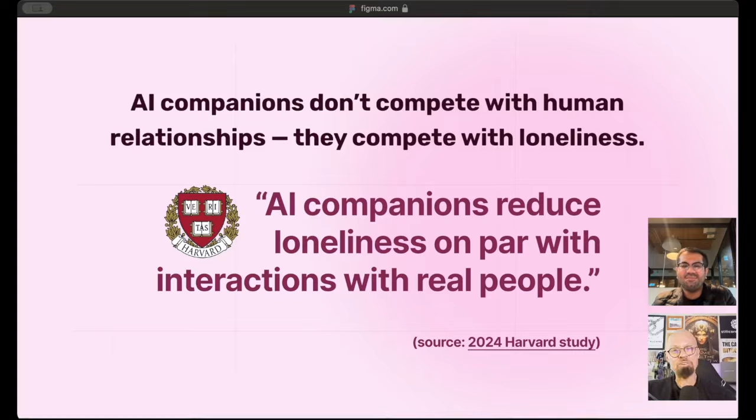Wow. Yeah, this is really interesting. They reduce it on par with interactions with real people, and I have a hard time imagining this because it wouldn't for me. If I was talking to an AI companion, I would view it much like I used to view Eliza. You know what I'm talking about, right? That was an old '60s or '70s computer program, extremely bare bones, that would talk with you and effectively take whatever you said and repeat it back to you. If you said, "I went for a walk today," and went for a bike ride, it would say, "How did going on a bike ride or taking a walk make you feel?" Right? That's all it was capable of.